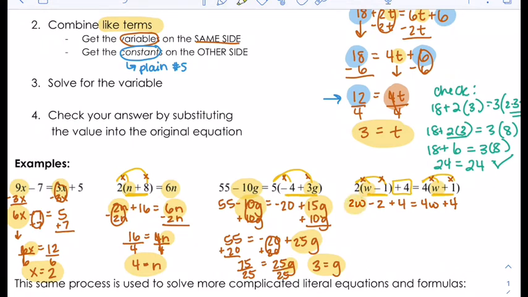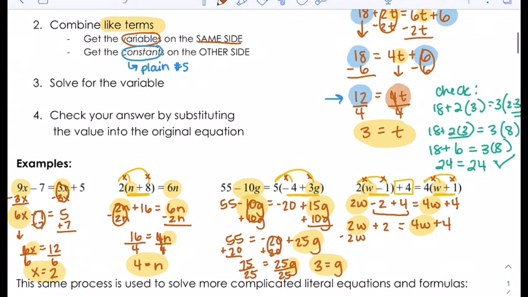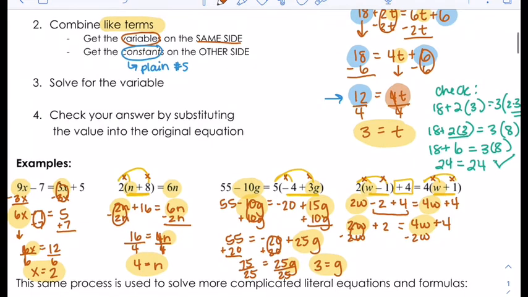Now I can see that on the left I have 2W, on the right I have 4W. I also see on the left-hand side that I can combine these constants. So I'm going to go ahead and do that first. 2W, and then I can simplify this. Negative 2 plus 4 is a plus 2 equals 4W plus 4. Now I'm going to get these W's together. I'm going to subtract 2W from both sides. On the left, 2W minus 2W is 0, leaving me with a 2, equals 4W minus 2W is 2W plus